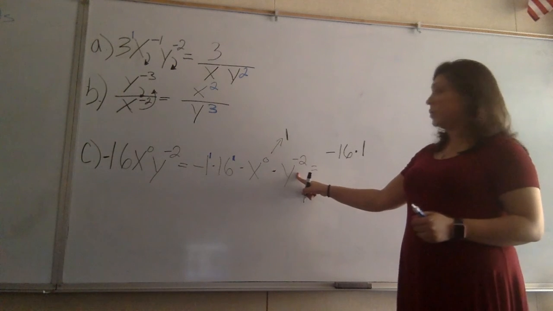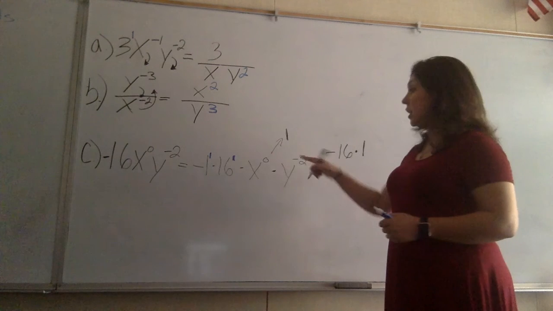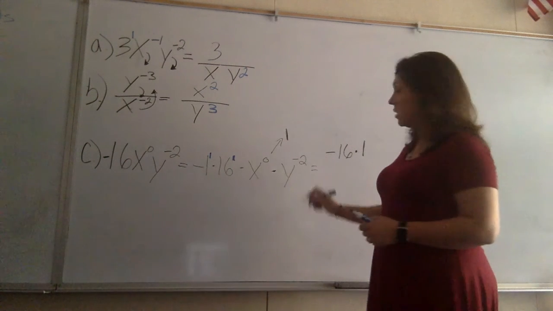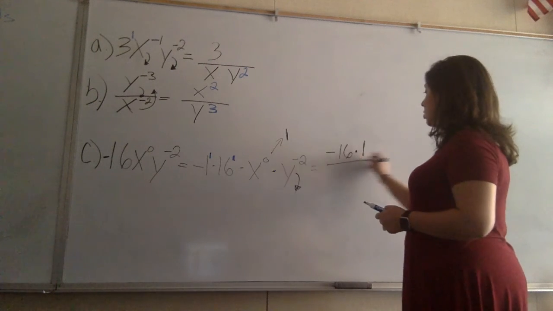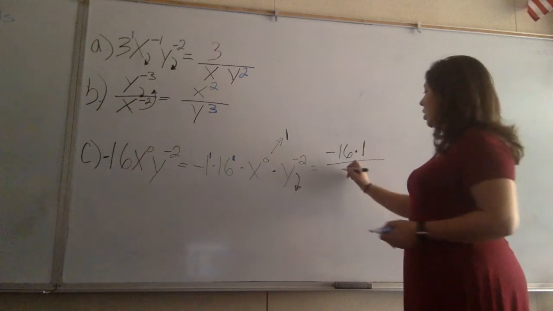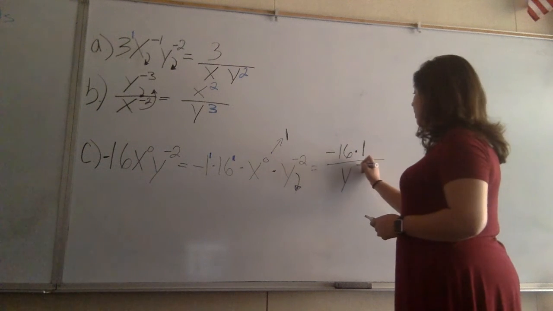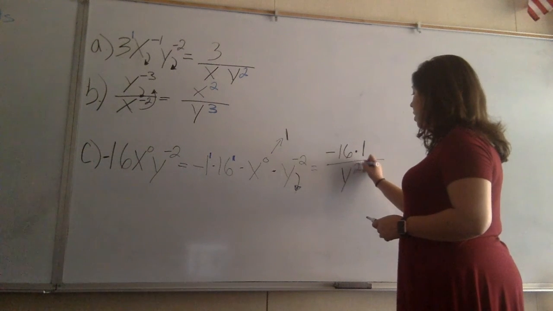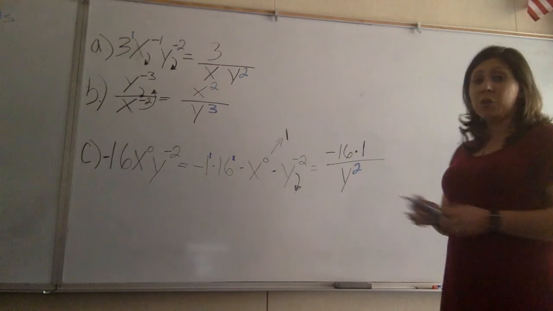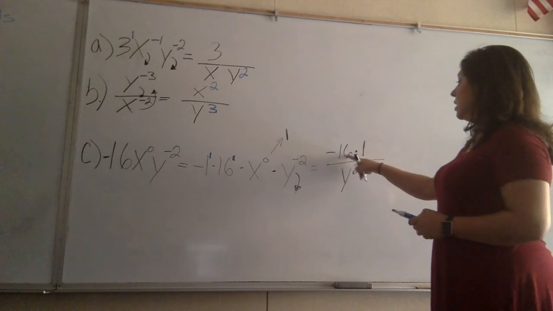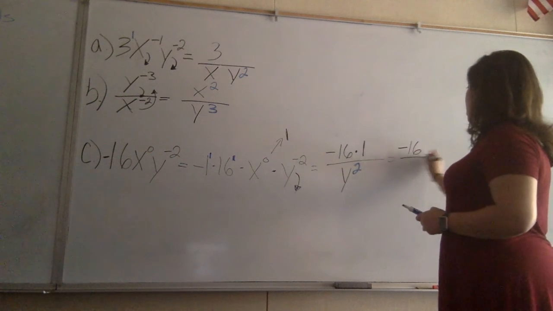Y to the negative 2. This is negative. So I know I can't have it there. It's being a little baby. It doesn't want to be there. So I'm going to move this guy down. Since I did move it down, we're going to do that fraction bar. We're going to put my y, and since the 2 was negative and I moved it, it now becomes a positive because it's happy that it moved. Now we just simplify it out. Negative 16 times 1 still gives me that negative 16. And I get